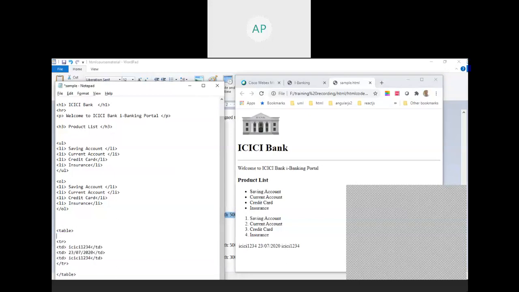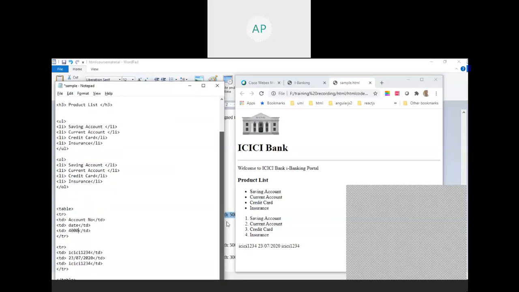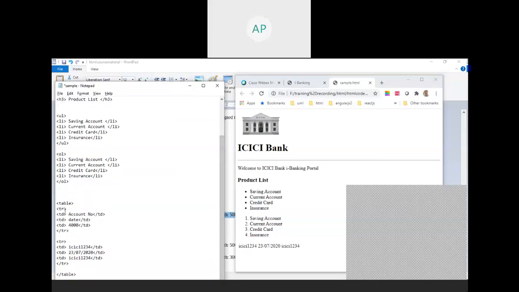Another row, the header row. Control V, and this one is account number, this one is date, this one is amount. Now TH.